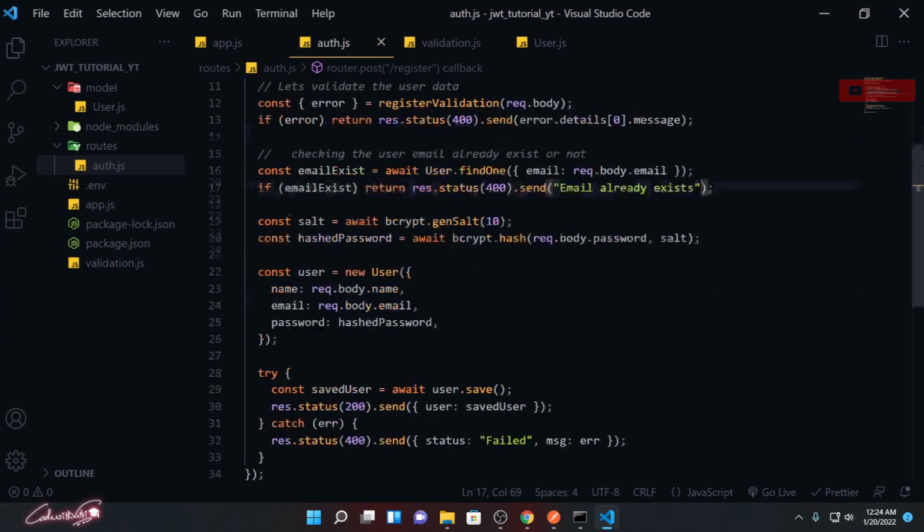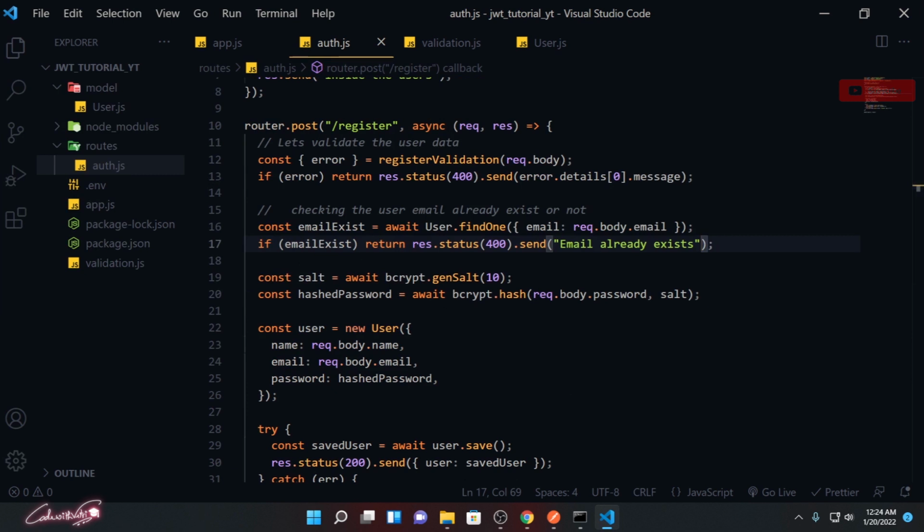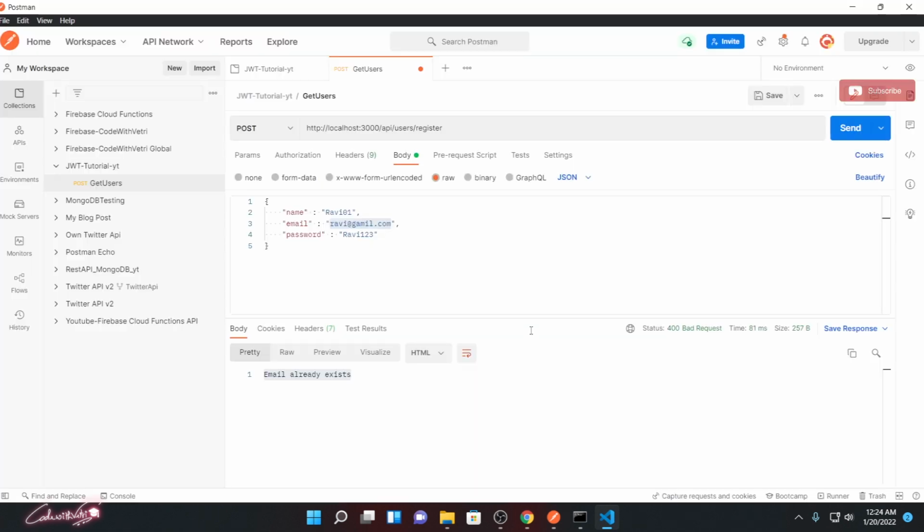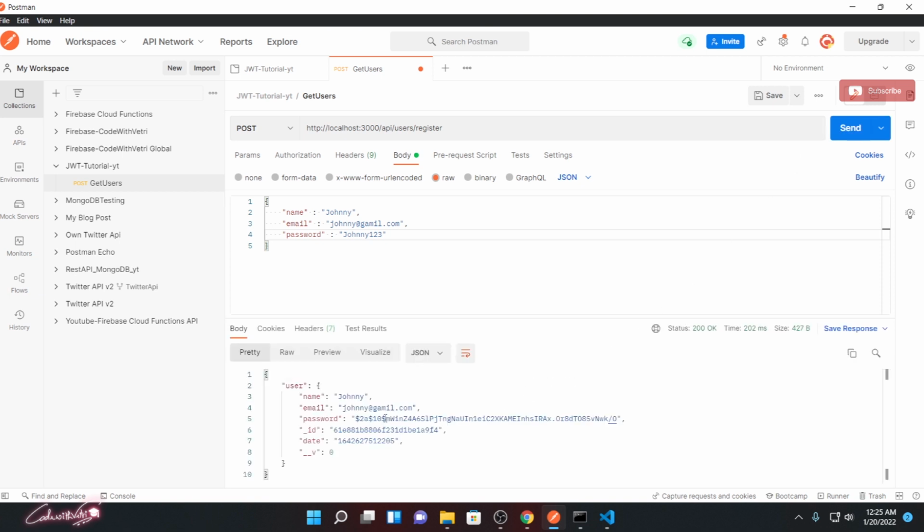Register is running successfully, but when I'm registering any user, I'm not supposed to send the complete user information. If I create a new user, let's say Johnny, Johnny at Gmail, with some password Johnny123, and click send, see here, it's sending the complete user information.